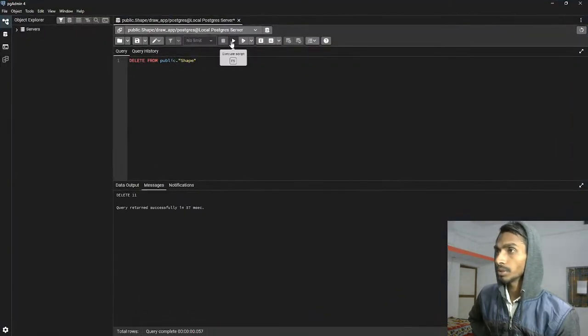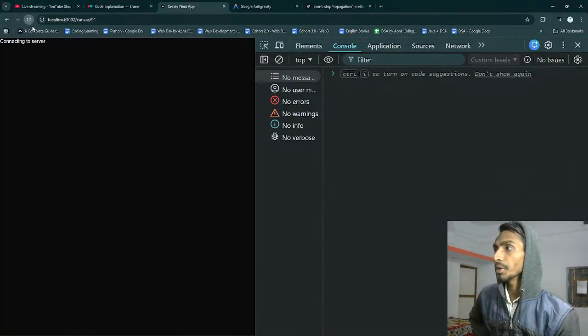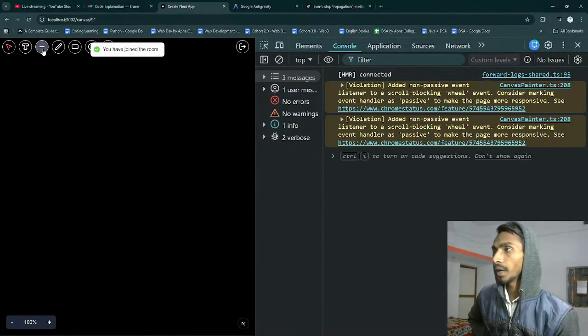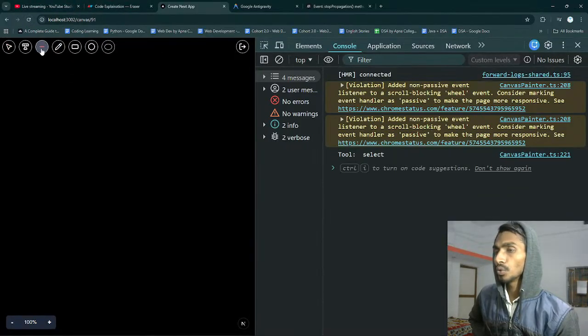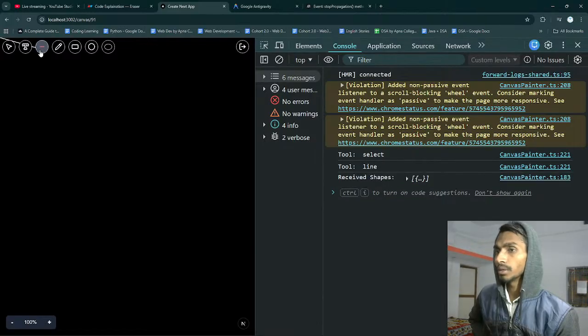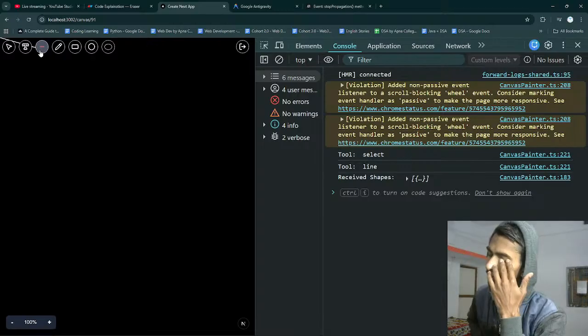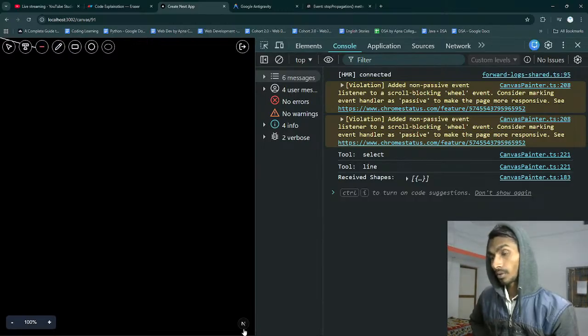I can empty the database again, reload it right now, and I clicked on this, tool is selected. I clicked on this again, tool becomes line. The first time I clicked, at that time the tool actually became line, and then the second time it's being displayed, that is right. So the second time when I'm actually clicking on it,